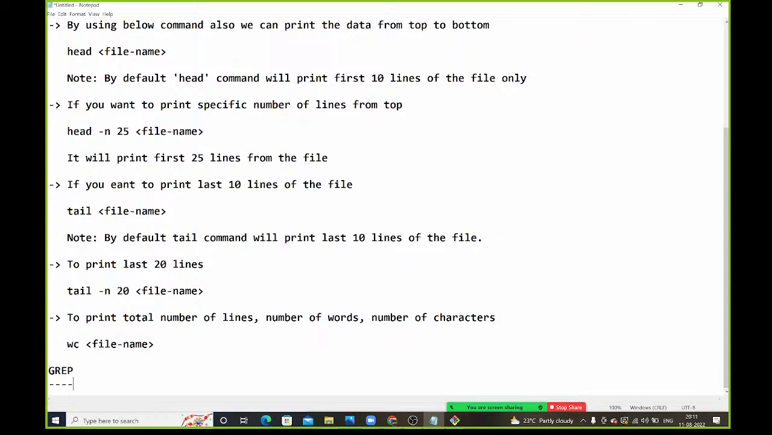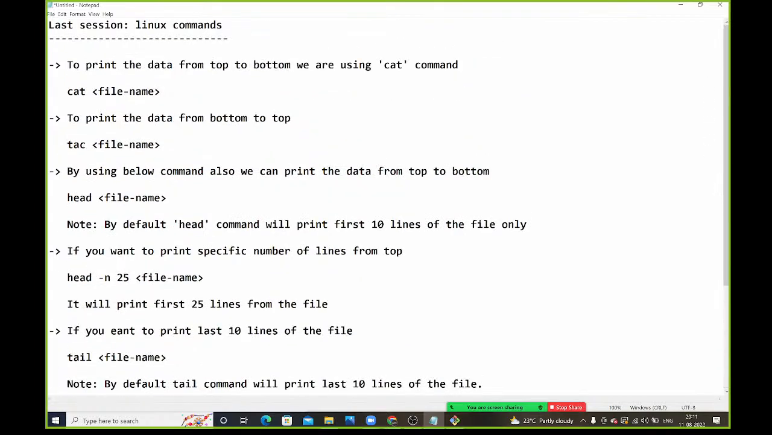What is the purpose of this grep command? Anyone have any idea why we will use this grep command? See, I have this file. If you want to search for anything in the file, what will you do? You will just press Control F. In the Control F, you will search for